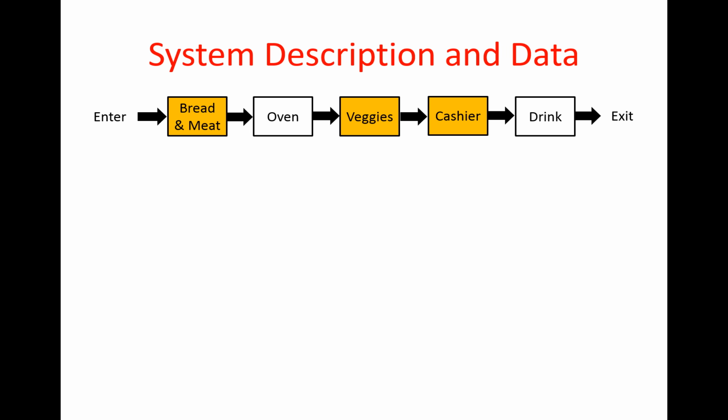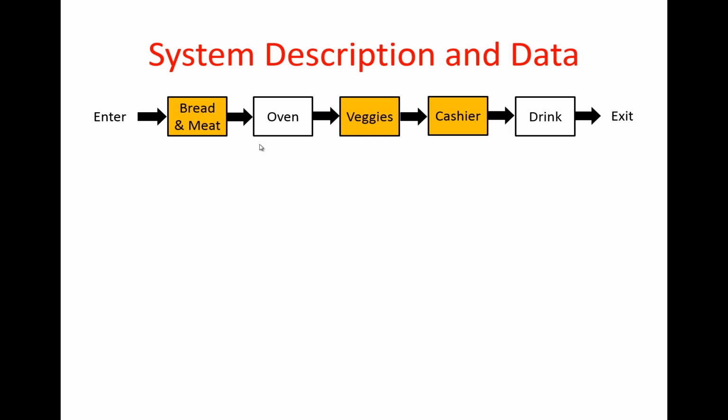The system that we're going to model is similar to a serial production line. So customers enter the restaurant, and then they go to the first stage where they choose the type of bread and meat and cheese that they want on their sandwich. And then the customers go to the next stage, which is the oven. So if they want their sandwich toasted,